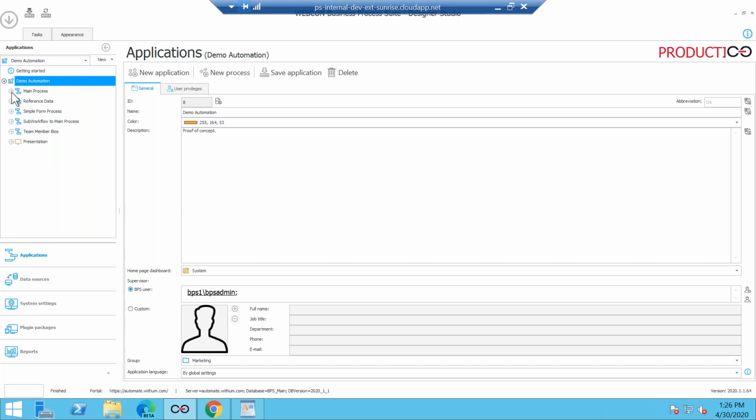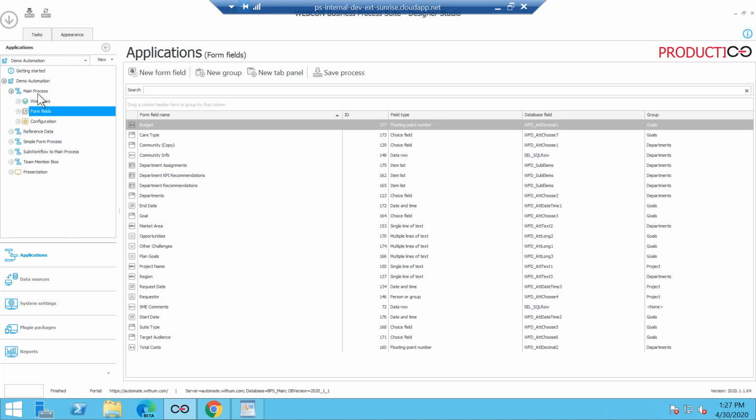So that's how it is built out. Then inside each of the process, you have 3 categories: the workflow itself, where you can drag and drop and create your workflow tasks, actions. Then you have the actual form fields, and then the configuration that's going to be for the whole process.